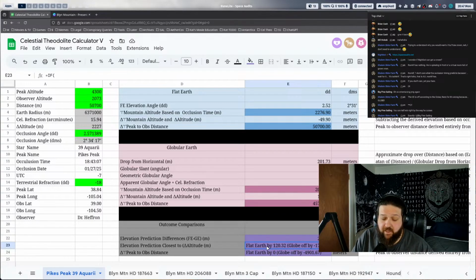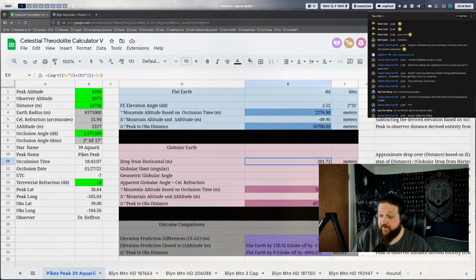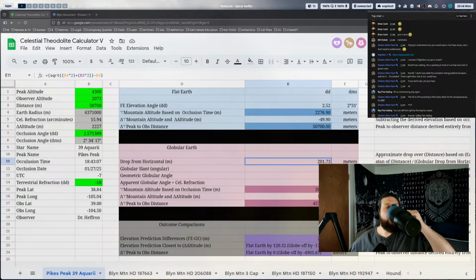If I can find my location on the quote unquote globe with this using the globe coordinate system, then this isn't BS. This is dead on accurate. If you use the globe angle, you're off. How much is it off in occlusion timing, in meters? Oh, it's off by the same amount that the globe predicts for drop. That's not a coincidence, lads and ladettes. When we do predictions and we can confirm them in Stellarium, there's a third-party objective observer that confirms our prediction is accurate, right? When they coincide, we know we're doing it right.